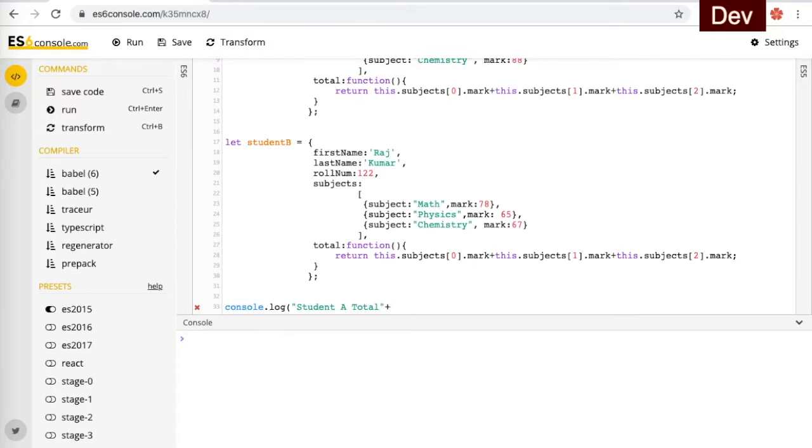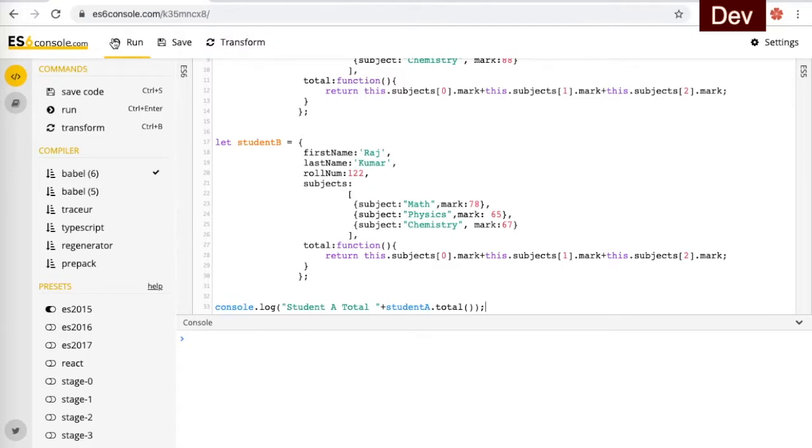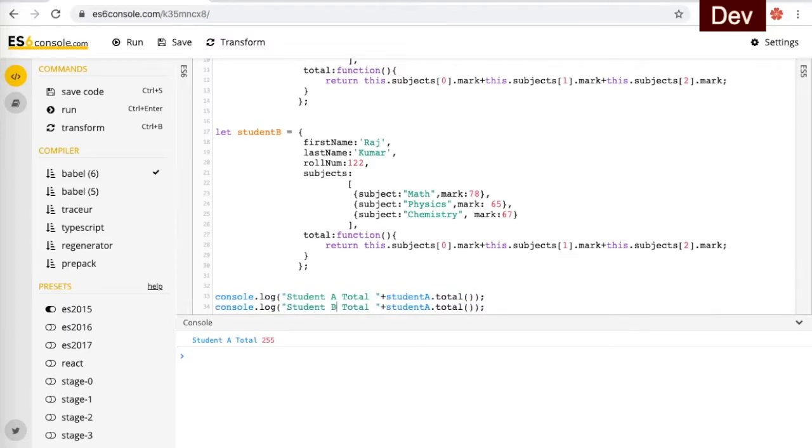So yes, this is the student A total. Okay, we get different values because they have different marks. Okay, now